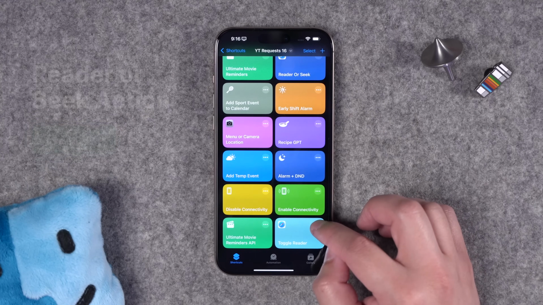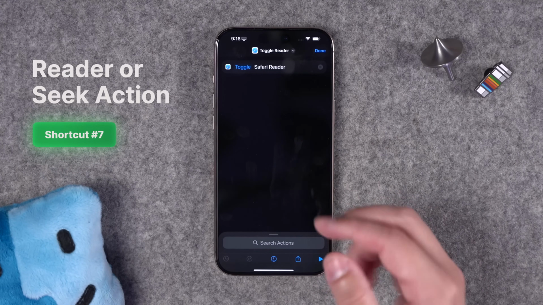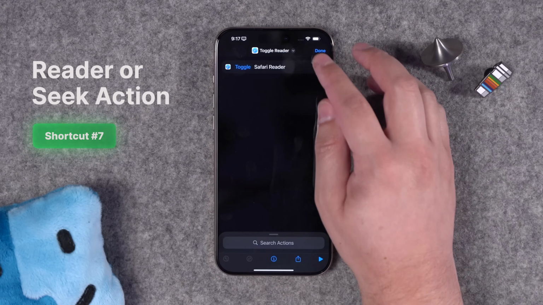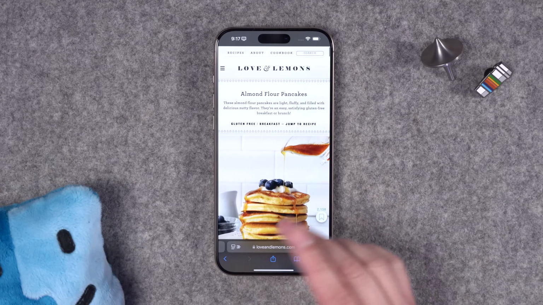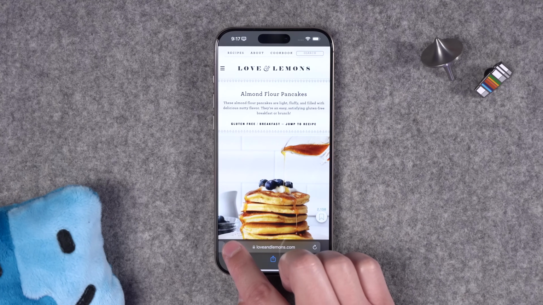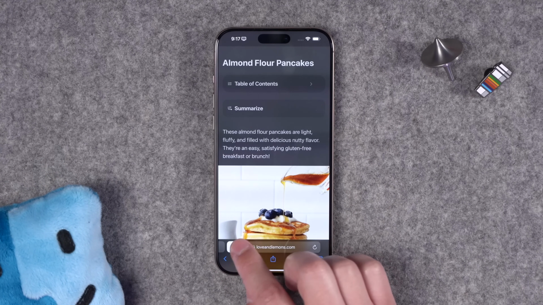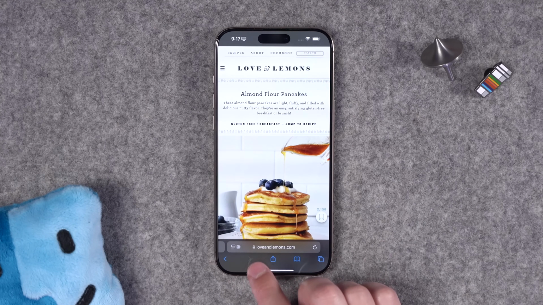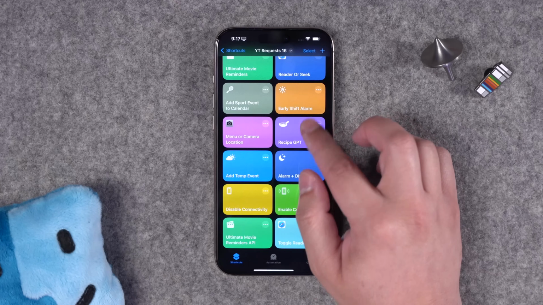All right, next someone asked if you could toggle reader mode with a shortcut, and there actually is an action called toggle Safari reader. Now when you're in Safari, you can actually just enable reader mode by long pressing on this icon down here, and you're in reader mode. But I do find sometimes that tap target can be finicky,